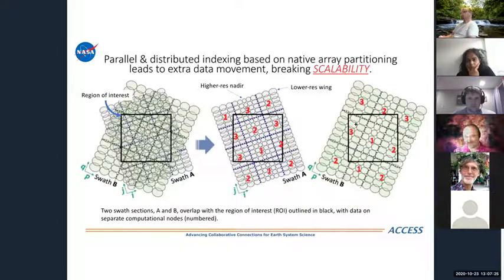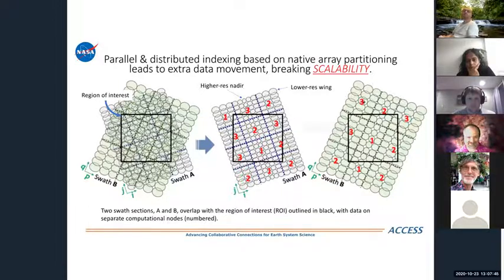So a big problem comes in. I talked about variety there, but you also deal with scalability. And for scalability, you would like to be able to parallelize this data. You want to partition the data and then spread it out across a number of storage resources or computing resources. And so, for example,